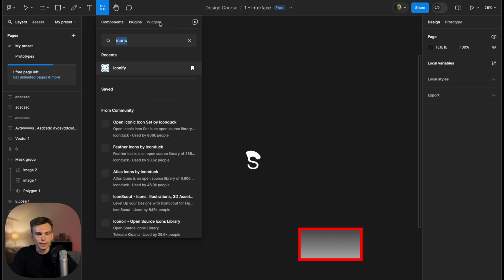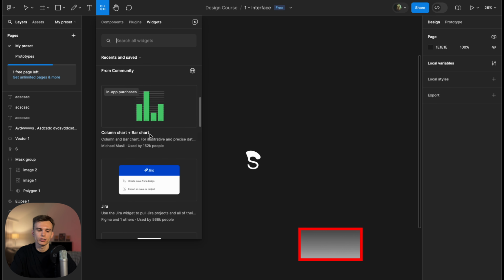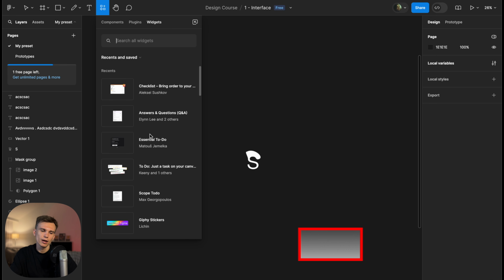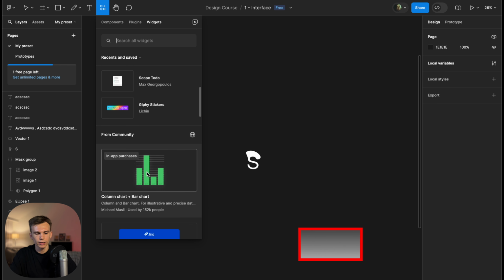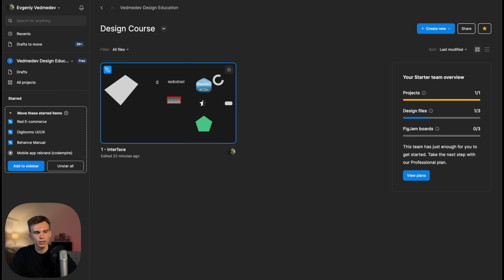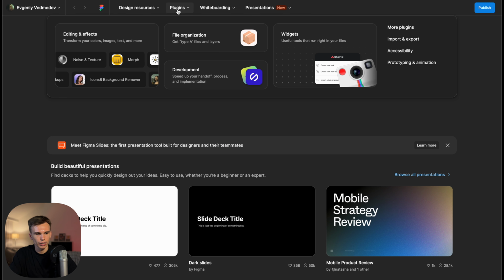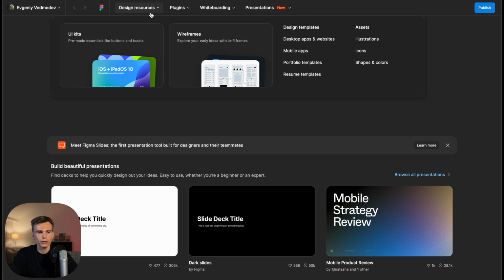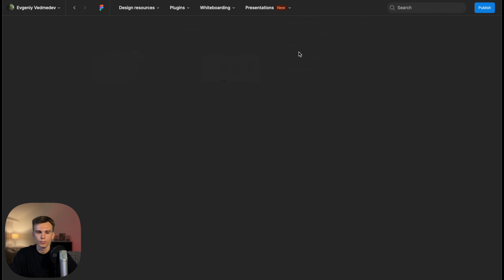And next one is the widget. You can take a look what widgets are available. There are many widgets, but most of them are not very useful. I usually use checklist. You can also find these things here, explore community, and you can search for already created things like mobile apps. Someone has created some free file like this. You can open it